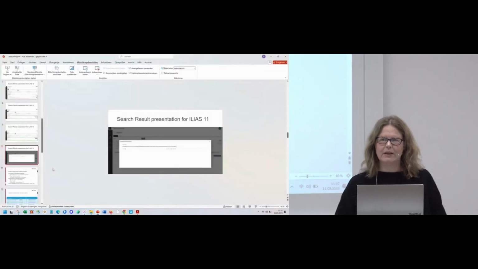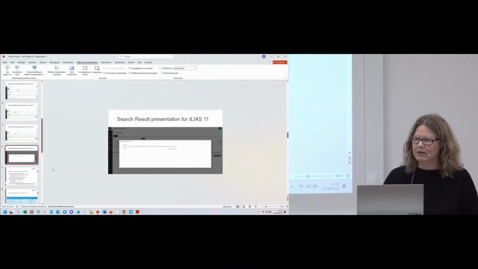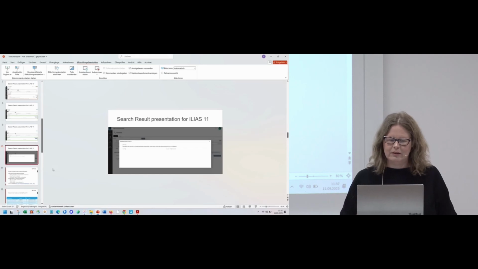and thanks to Tim, he has been thinking a lot how we can present this nested hits within an object to a user without having to start a kitchen sink project. So this is something we are looking forward to in ILIAS 11 to present a cleaner user interface